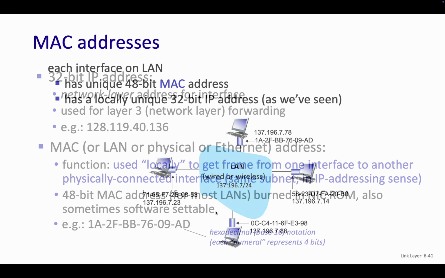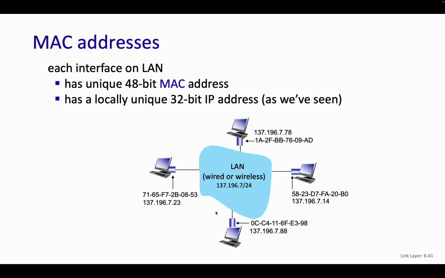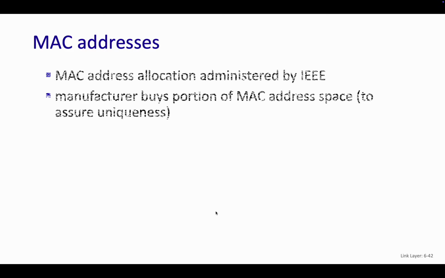So let's go back a little bit and talk about that and hopefully fill this in. Okay, so we're at this right here. I'm connected to some LAN, wireless or wired, doesn't really matter. I have an IP address because I'm connected to a router, but I also have a MAC address. You'll often have both of those things. You'll always have a MAC address. You'll likely have an IP address if you're using the internet or a network. It's administered by IEEE, interestingly enough. Manufacturers do own spaces of MAC addresses.